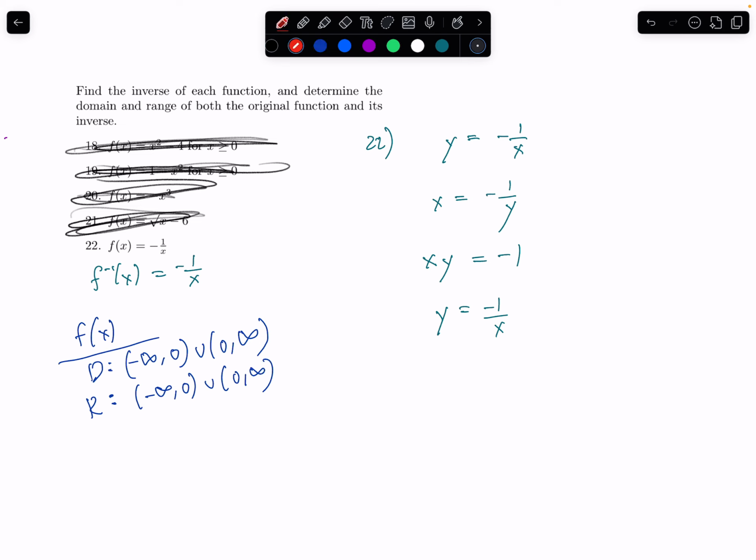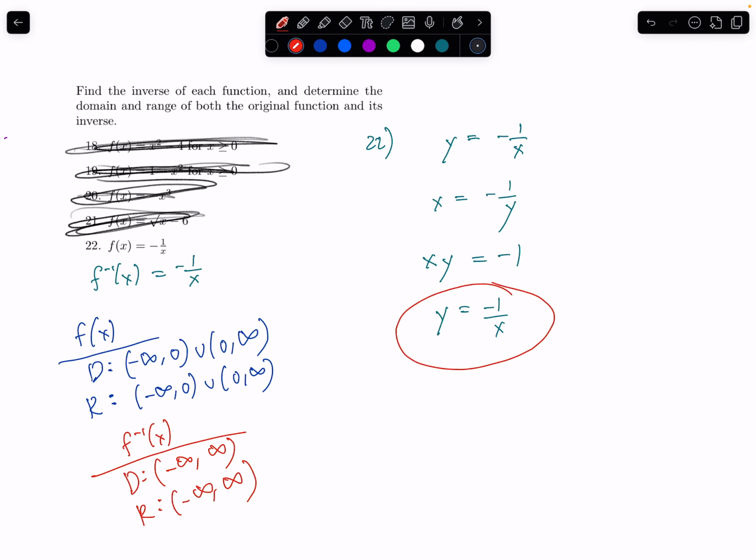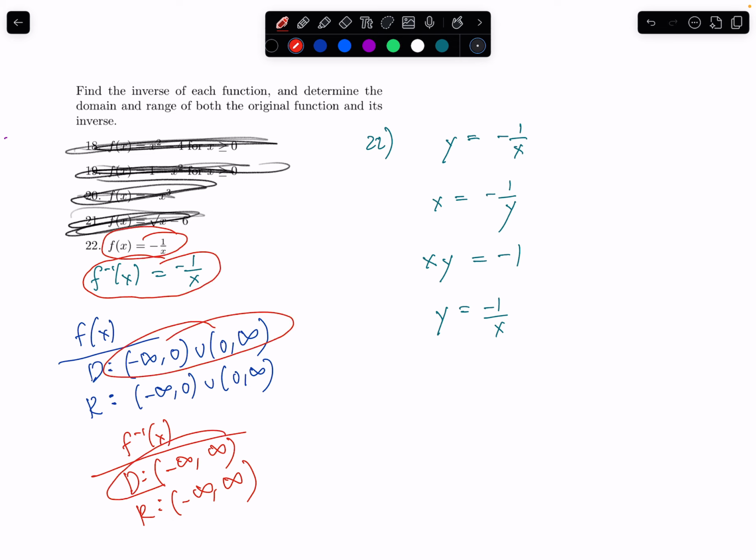That means f inverse of x is going to have the same domain and range because it's all the same, right? And if you think about it, it's got to be that, right? Because they're the same. Look, they're the same exact function. I'm sorry, I circled the wrong things. The inverse function and the original are the same. So of course the domains and ranges have to all be the same thing. So, yeah,